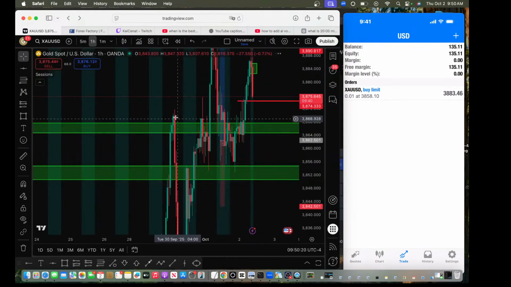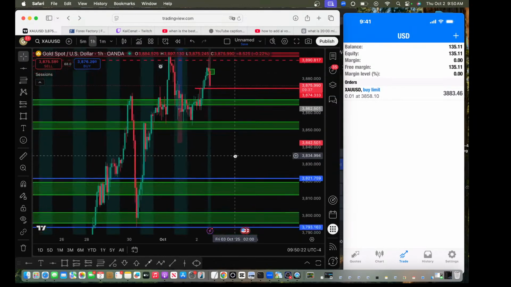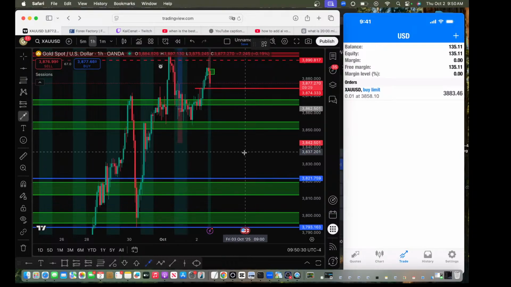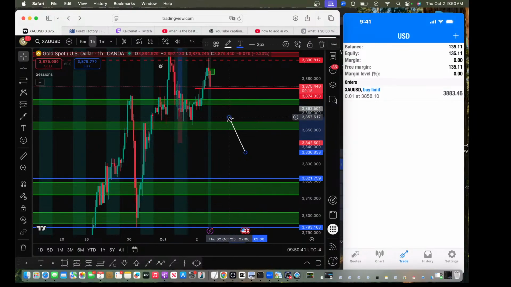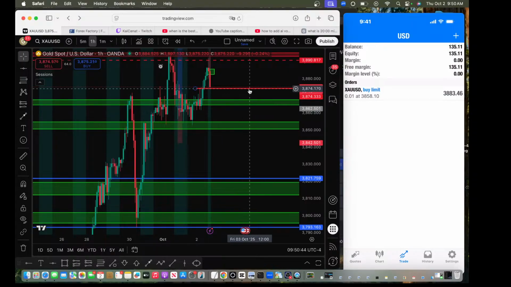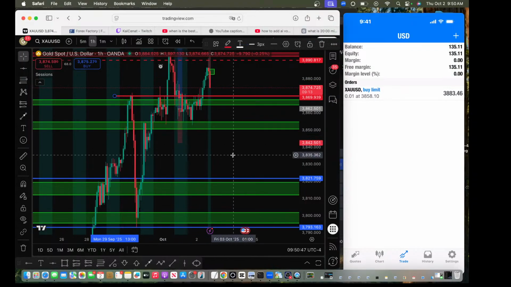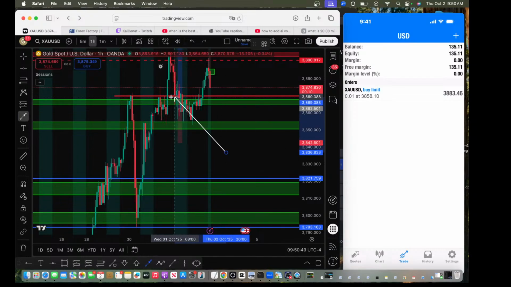Worst case scenario, again, like I said, price will come all the way down here. And this is the best case scenario, actually. We want price to come all the way down here because if it does, this is a stronger buy than a retest. This green box right here was the retest zone. As you can see, once price broke above this area, so hold on once again, I gotta show y'all this in baby steps. Once price broke above this area, we could have gotten in at the retest or the correction. It looks like price is about to correct itself, which is fine. We're ready for that.